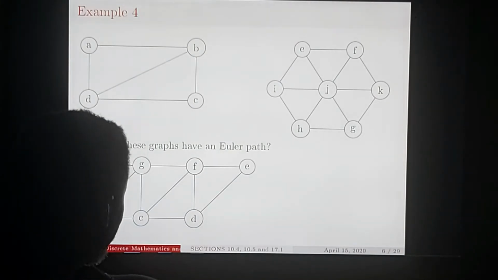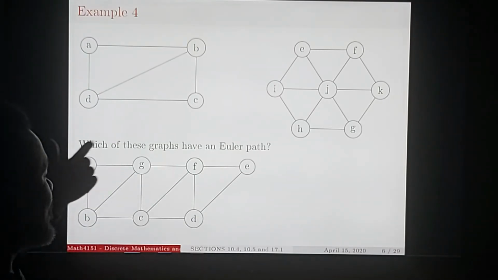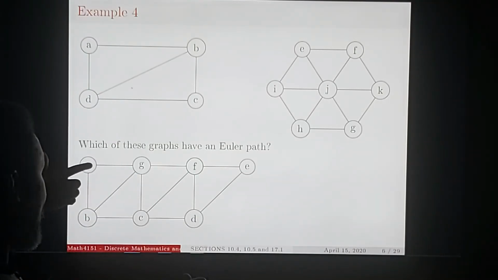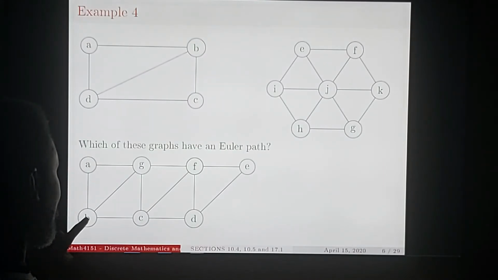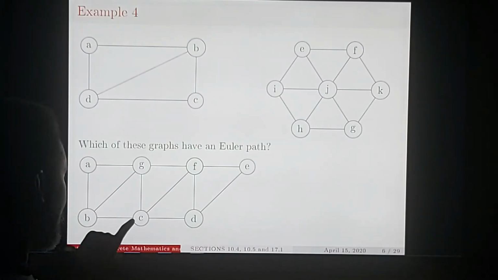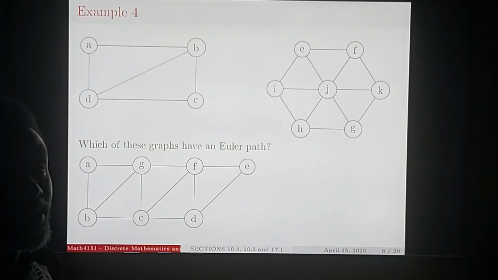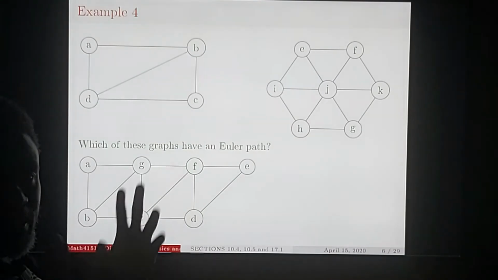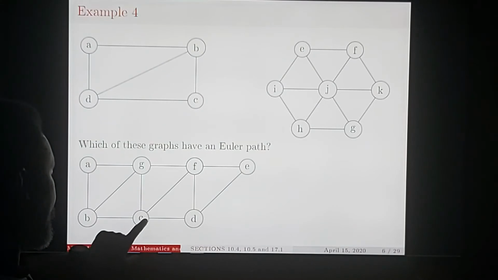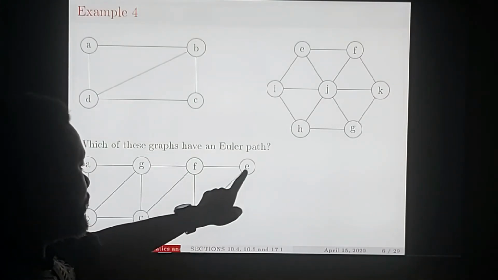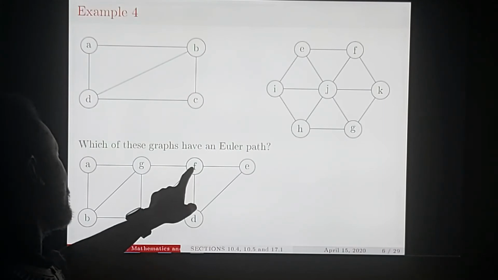So what would be the Euler path here? Now we know it exists, we can find it. Where do we start from? Maybe we can start from B. Remember, we need a path that covers all these lines. The criterion, by the way, is that you start from an odd degree vertex, either here or here. Then you'll find it easy. So, B, C. Now, I could go this way or this way. So, B, C, F, D, E, F, G,